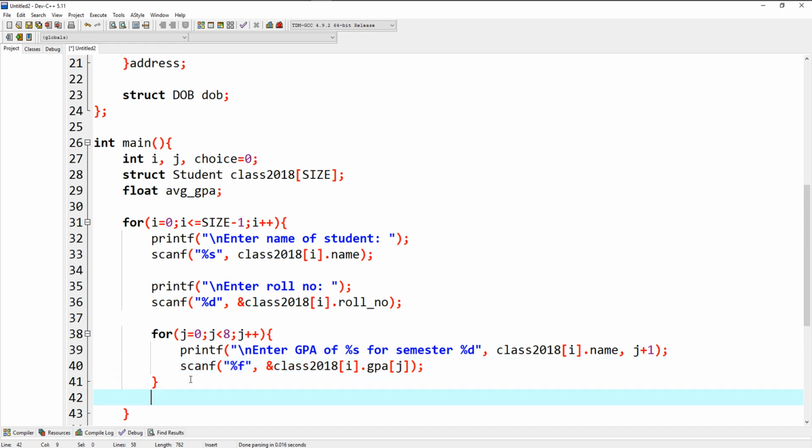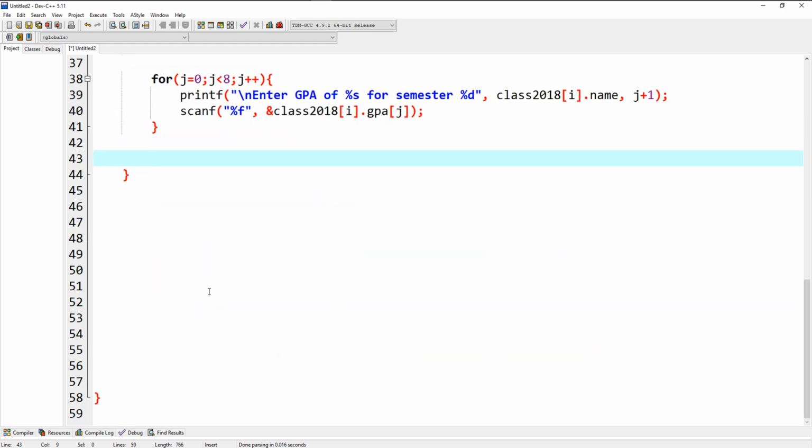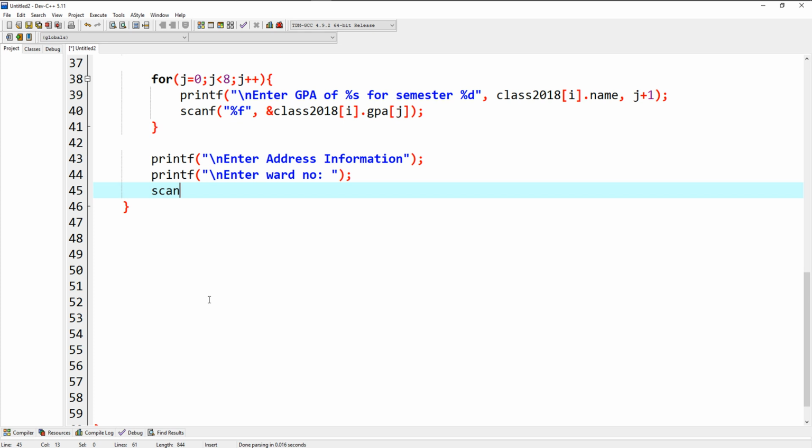After this, we collect the address of the student, printf, enter. So the first information about address is to enter the word number, enter word number, then we do scanf